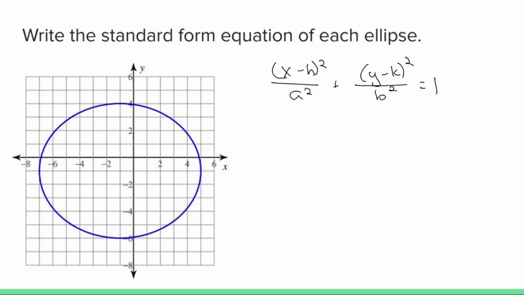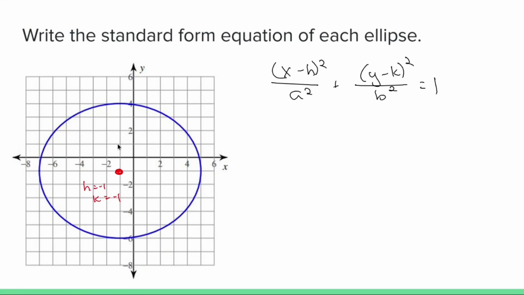Okay, now my center is (h, k). My center here is (-1, -1), so h is -1, k is -1. Now, rather than trying to find out my vertices and go crazy, what I do know is my a